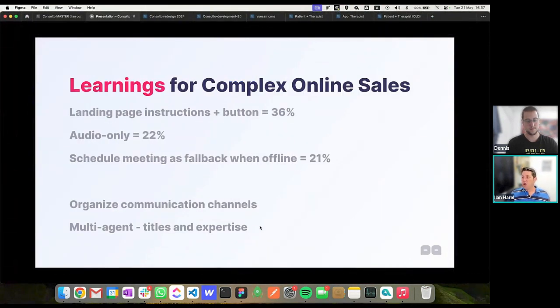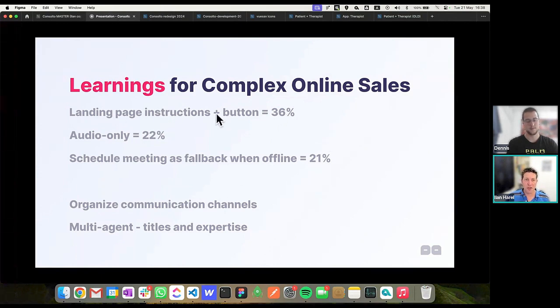A little bit about learnings and what we know. I want to share a little bit about the best ways for you to enjoy this. Now, these are based on research that we did on our data. The first thing I want you to know is that putting the landing page buttons and instructions will increase your conversion rate by 36%. And by the way, this is not the 40% that I mentioned in the email when I said you're going to increase your sales. We're going to talk about that in a moment.